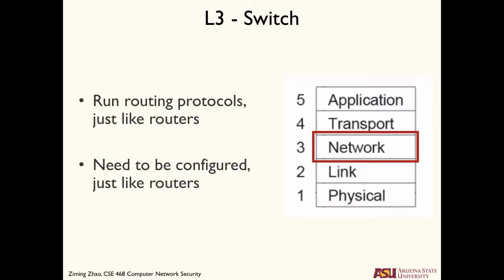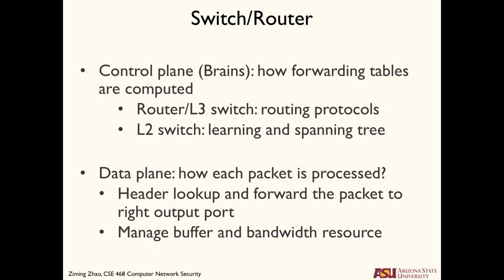But with a layer 3 switch, it's kind of like a router. So you have to configure it if you want to manually set the routing table, or you configure those routing protocols for the switch to compute the routing tables. And they are obviously layer 3 devices. So whether we're talking about switches or routers, at this point the boundary between them is kind of blurry. And we are talking about two different functionalities of those forwarding devices.